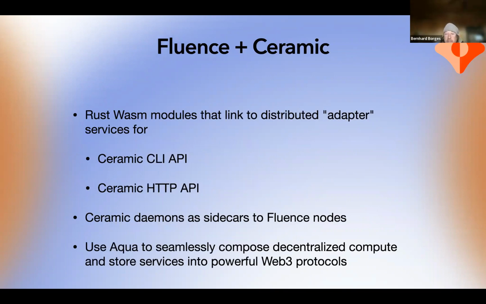We do the same with Ceramic. Ceramic is a little bit different because it sits on top of IPFS, so you need multiple ways to access Ceramic. Part of it is through the HTTP API, part of it is through the CLI API. The interesting part with the Fluence integration is that it's actually happening at the file system level. So what we've done is, I told you earlier that with the right permissions, service modules, WASM modules